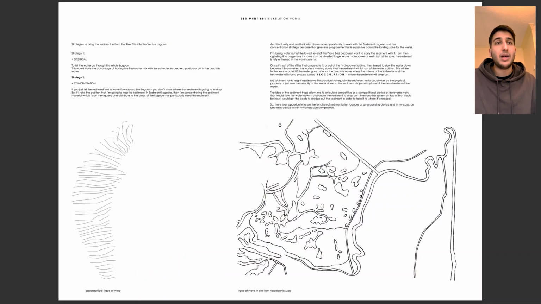Retracing that wing, and also tracing the Piave, just to see what comes to my mind as I do it, because it's very easy just to look at the image and put it aside. But once I'm retracing it, does that add to the work that I've done previously? And how can I layer these things on top of each other and look at it from a different perspective? And the sediment bed and the skeleton form, I wanted to read out this section